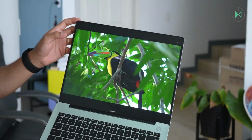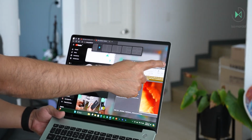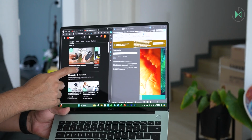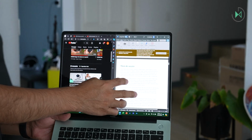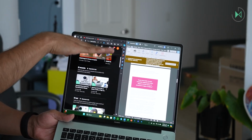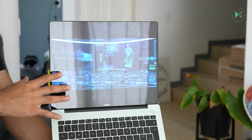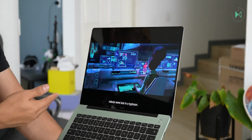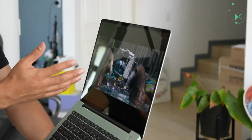In addition, it offers us a 3:2 ratio. Remember that I find this screen ratio very useful when working with various applications. It is not so focused on multimedia consumption, but on productivity, because you have enough space to work perfectly well with two applications at the same time, unlike wider screens that take away vertical space. So it is very practical for those who want it for work. But if your main use is going to be for watching movies or series, note that you will have quite large black stripes at the top and bottom. That's not to say it will be a bad experience, but again, it's a computer more focused on work than